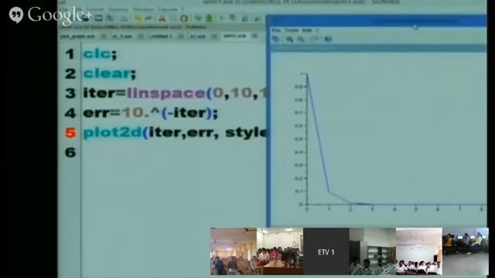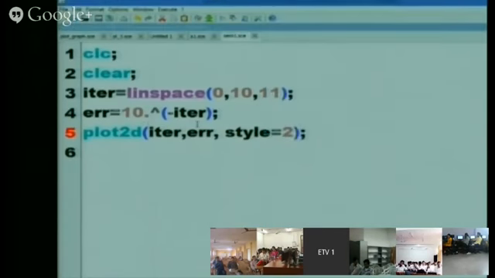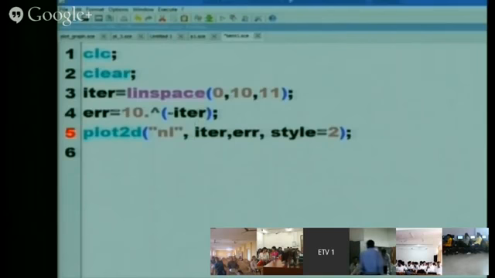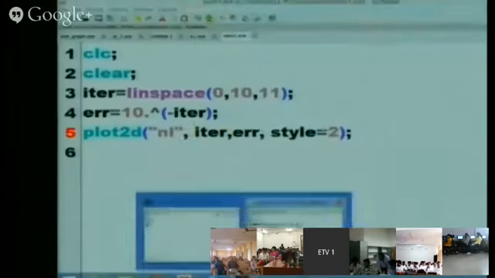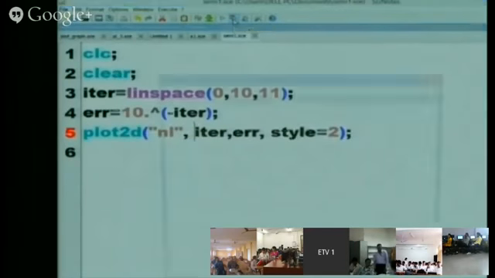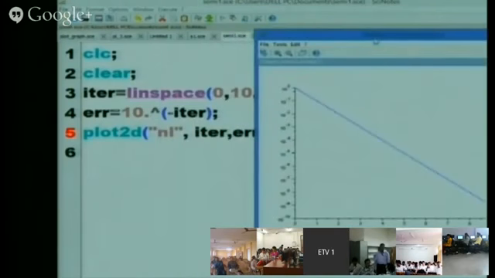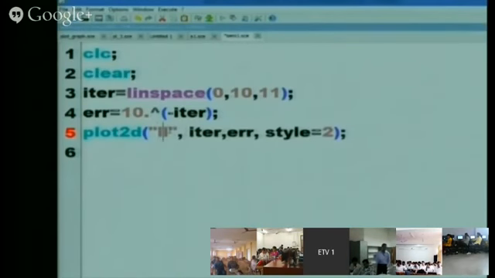This is the plot. This is the simple plot. Now what we are doing, in the plot we are writing NL, then what we are getting, this. And if I am writing double L here, it means log graph. Earlier I was using semi-log graph with the keyword NL.